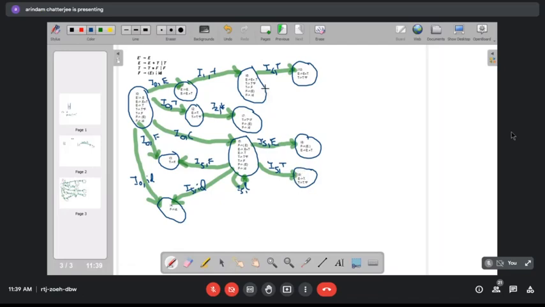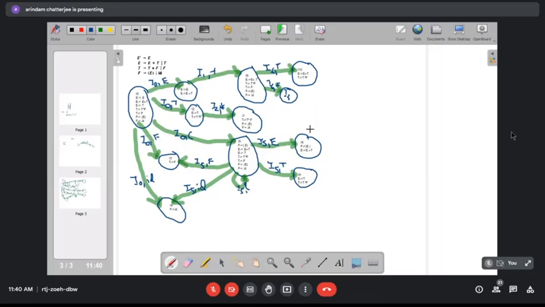So we can say I6 comma F is nothing but I3. We are not showing it here, so it will be connected to I3.